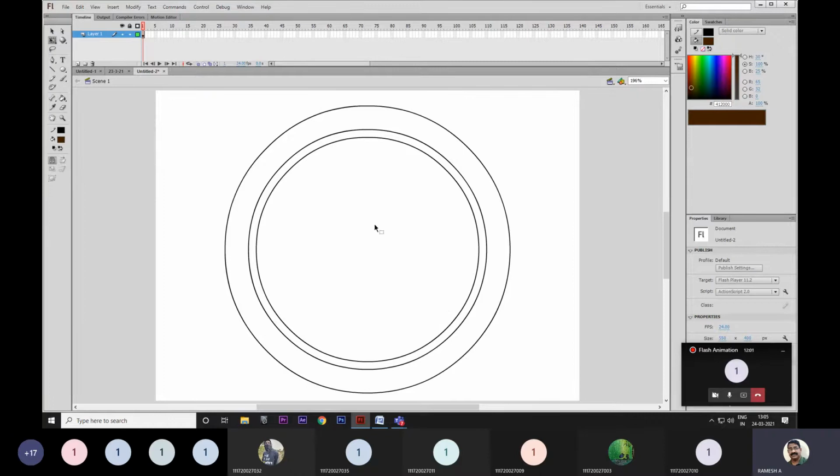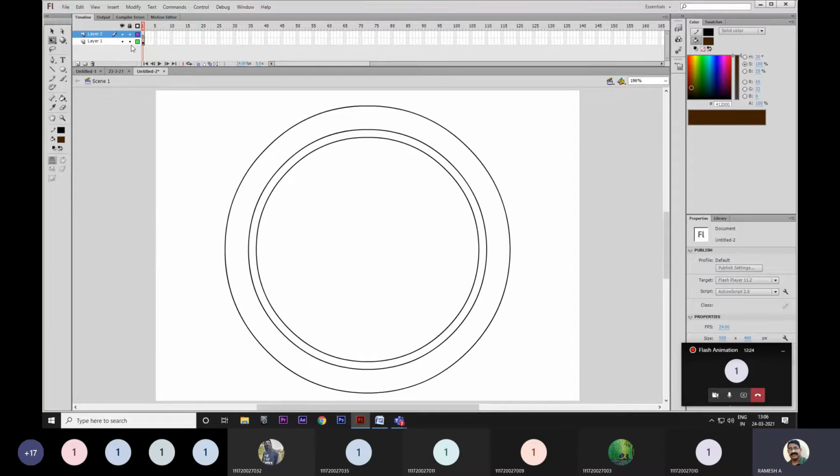Now I want to find out exactly the center point of this circle. How to find out? Can anyone tell? Diagonal lines. Okay, according to your wish, I will draw that. See, I have taken a separate layer.